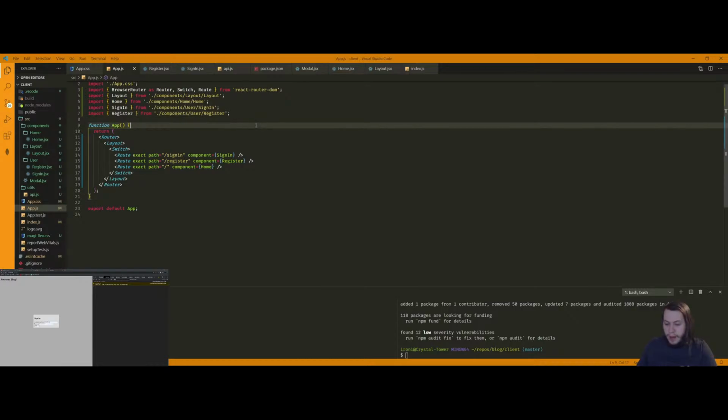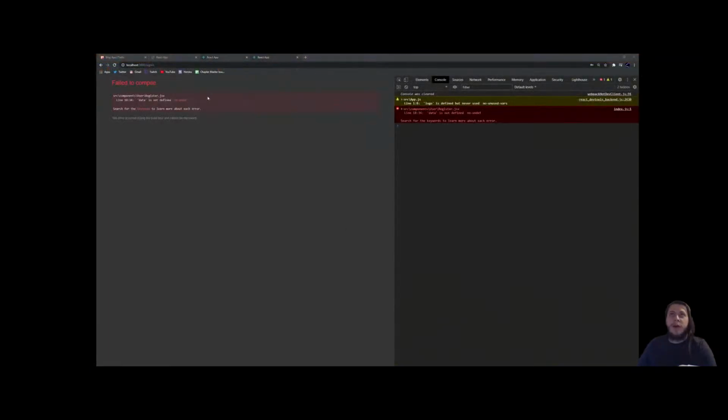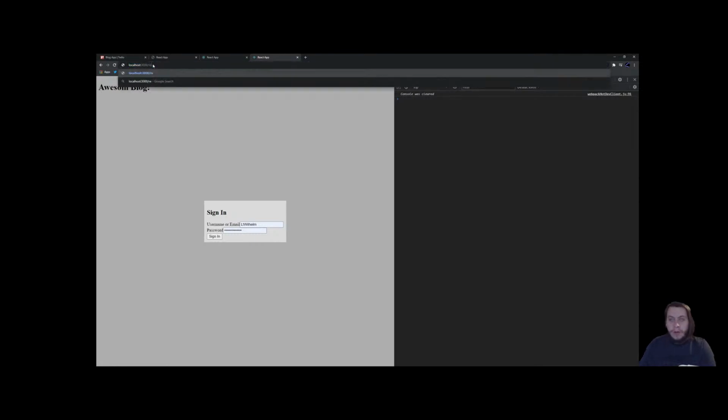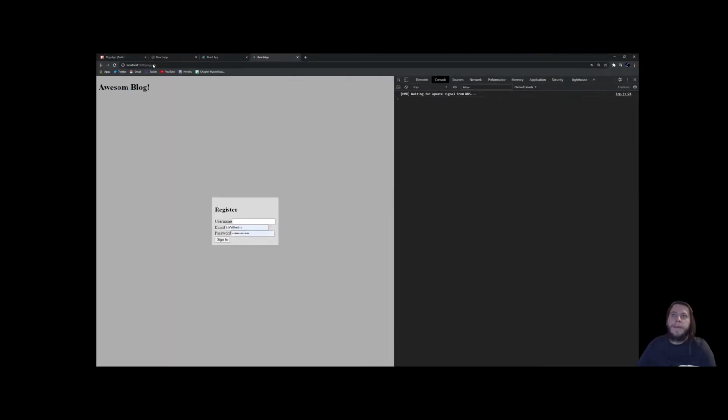Okay, then go ahead and switch over. Data is not defined. Oh, of course it's not, because we don't use it in register. We don't need to set local storage to anything. Okay, so now if I change this to register,